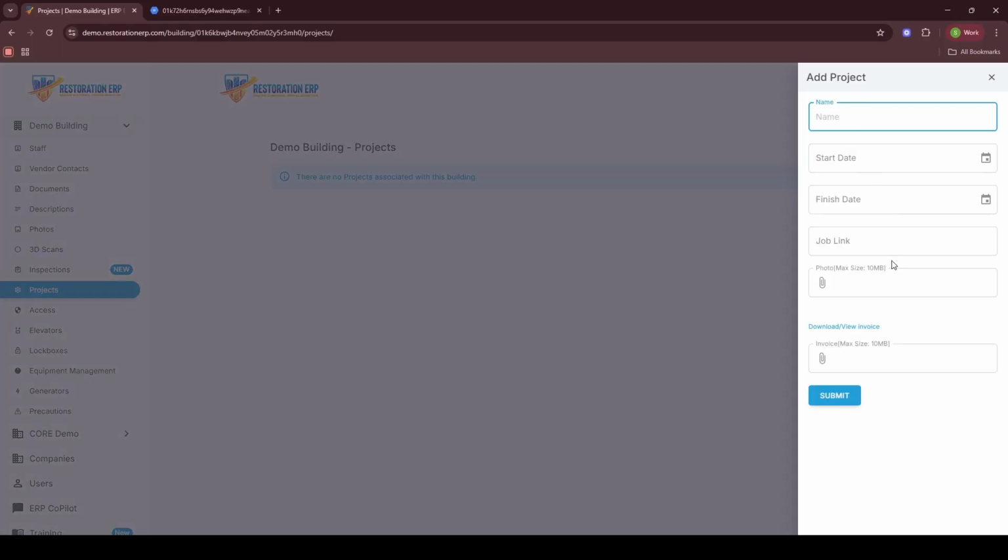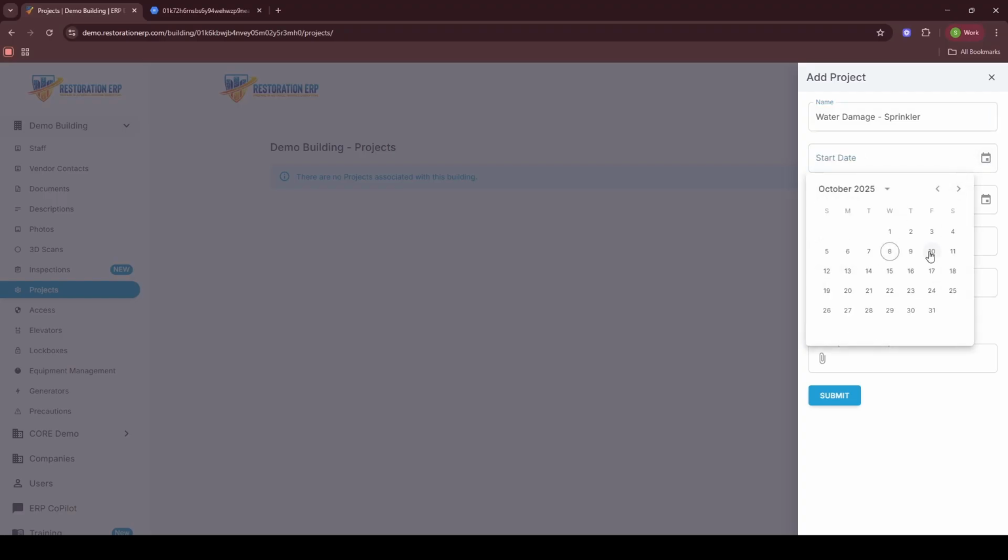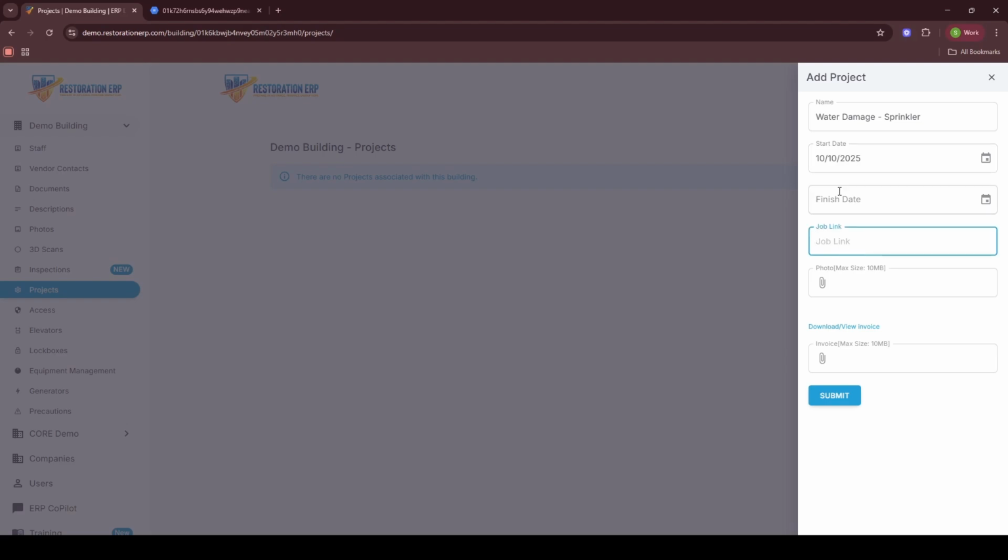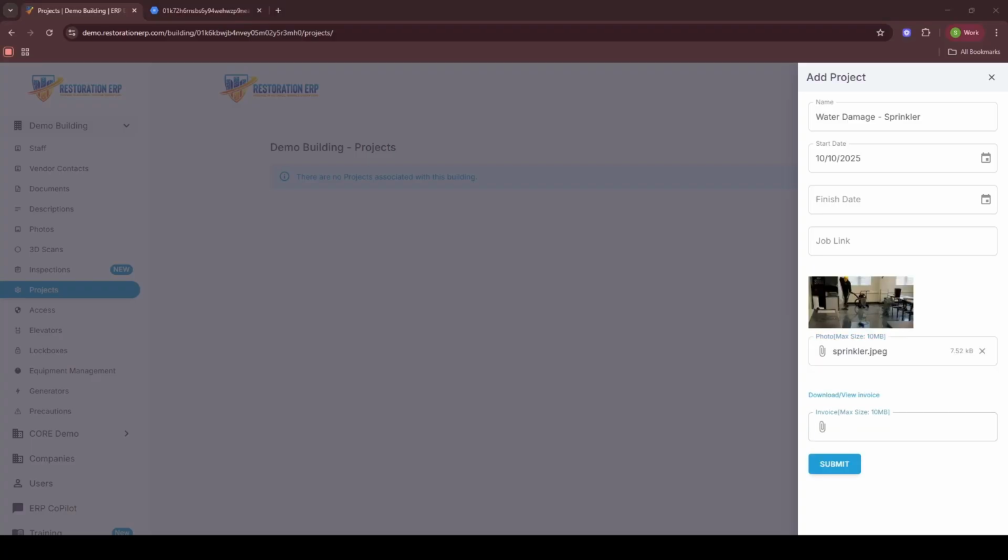Let's say we had water damage from a sprinkler, and it has to start on the 10th of October 2025. I don't have a job link, so I will not add one, but let's add some photos here. And we can also upload the invoice for this job. Once you hit submit,